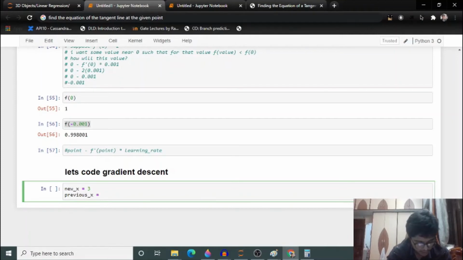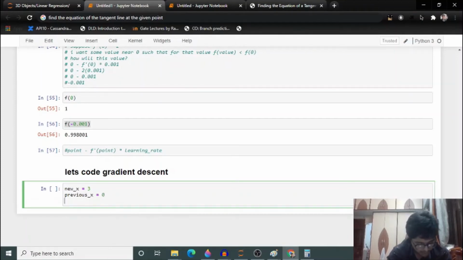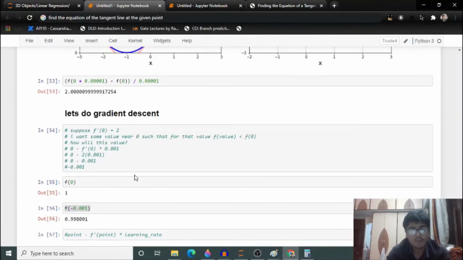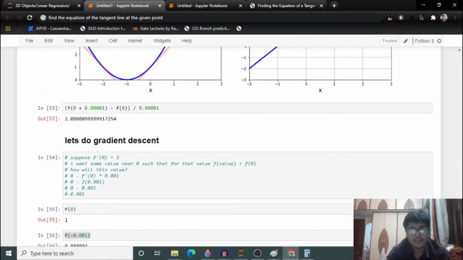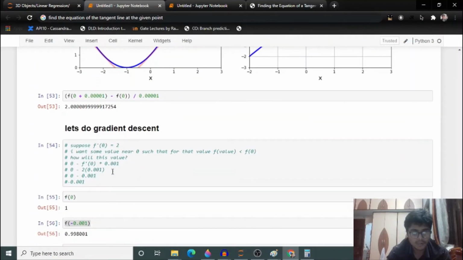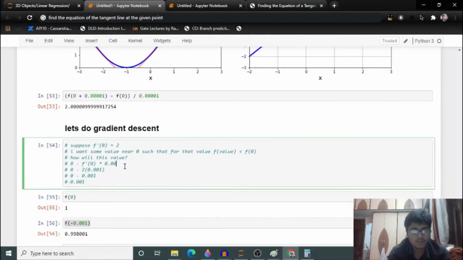This is a very, very important algorithm, guys, so please pay attention. Let me come to this point of learning rate. Why do we put a small learning rate? If I put the learning rate as 2, guys, what will it do?